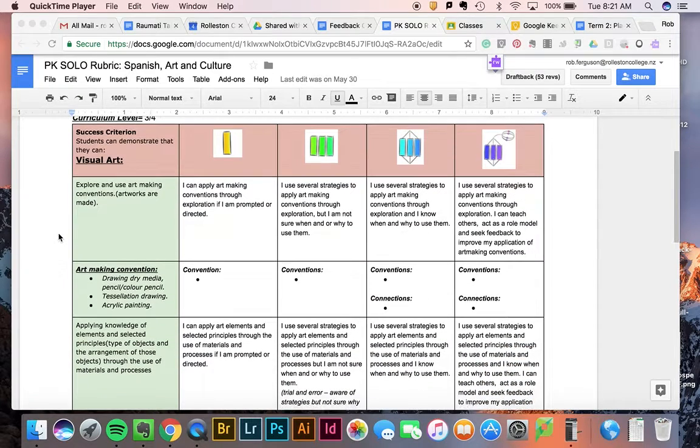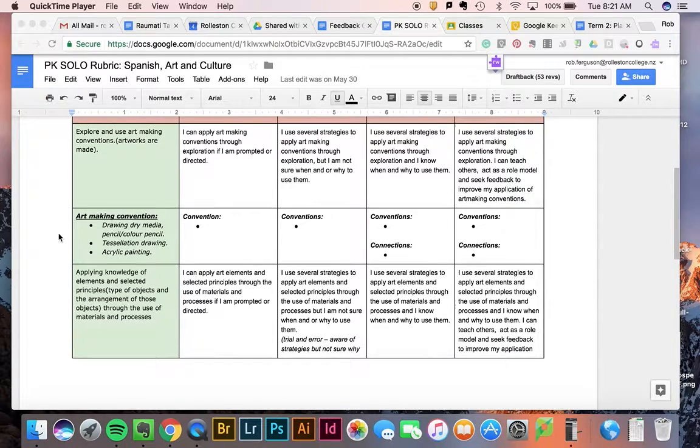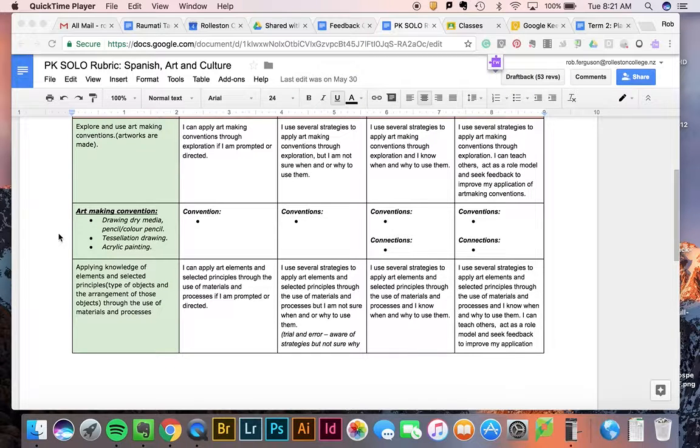So the wording of this strand of the New Zealand curriculum is to explore and use art making conventions, and that's basically just how artworks are made, applying knowledge of elements and selected principles through the use of materials and processes. So you all should have watched the little videos, the little playlists of the 7 elements of art and the 7 principles of art. So you should have been able to start to make some connections between those elements and principles and the works